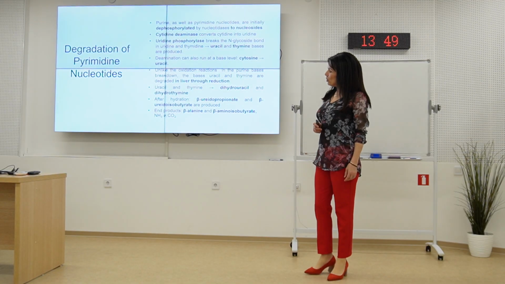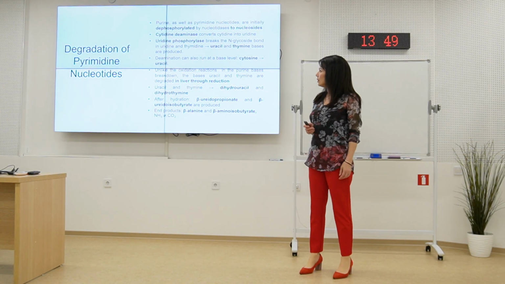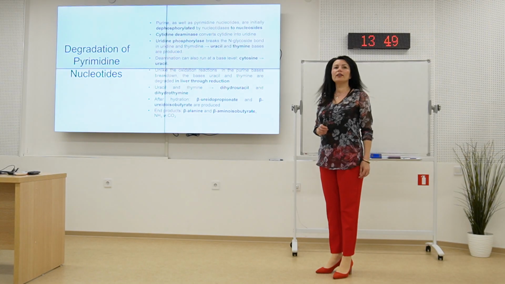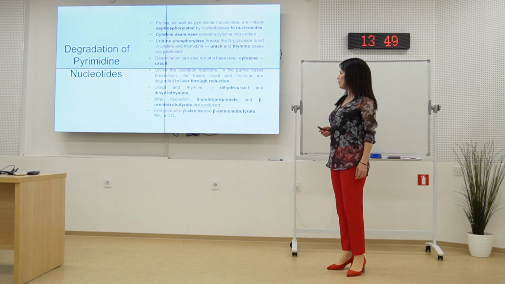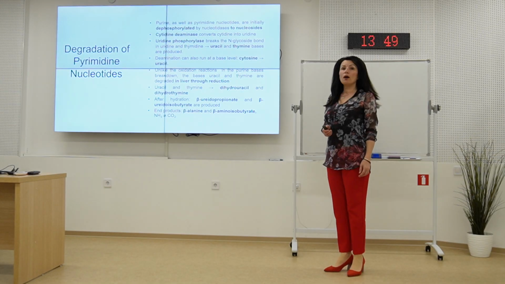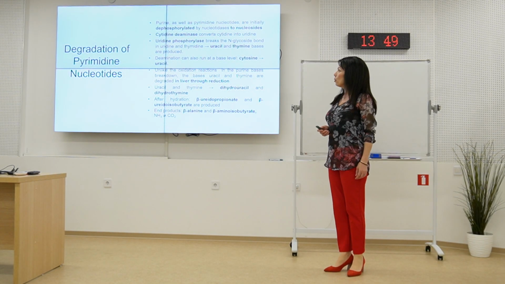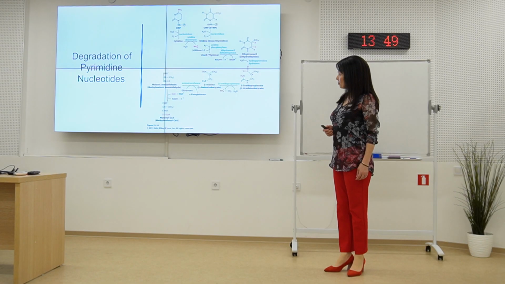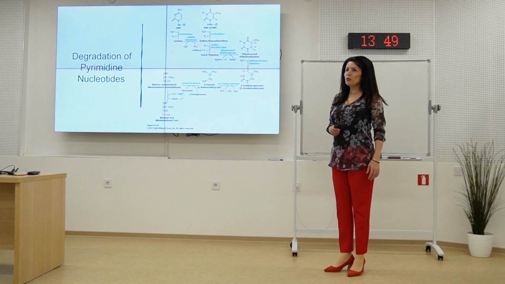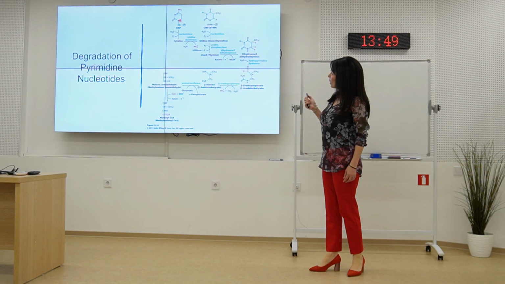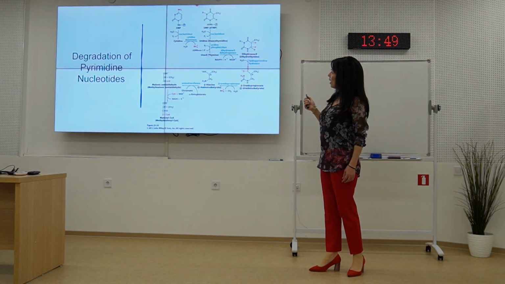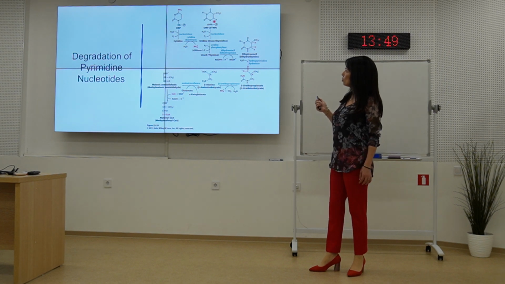We start with degradation of pyrimidine nucleotides, which has no clinical significance because the end products, beta-alanine and beta-aminoisobutyrate, ammonium and carbon dioxide, are water-soluble compounds and they cannot be accumulated. Actually, the first pyrimidine nucleotides, CMP and UMP, cytidine monophosphate and uridine monophosphate,